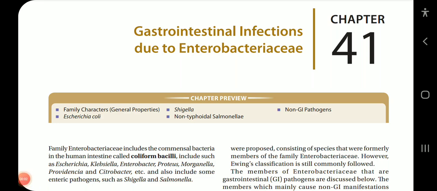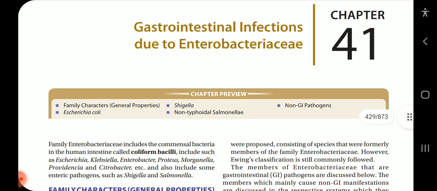Start with chapter 41 of your Apurba Sastry Essentials of Microbiology, which is gastrointestinal infection due to Enterobacteriaceae. In this chapter, we will be reviewing family characters, Escherichia coli infection, Shigellosis, non-typhoidal Salmonella, and the non-GI pathogens. So, the family characters and E. coli infections will be dealt with in this video, while Shigella, non-typhoidal Salmonella, and non-GI pathogens will be covered